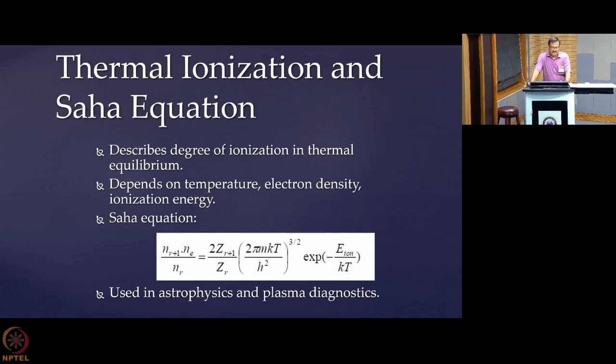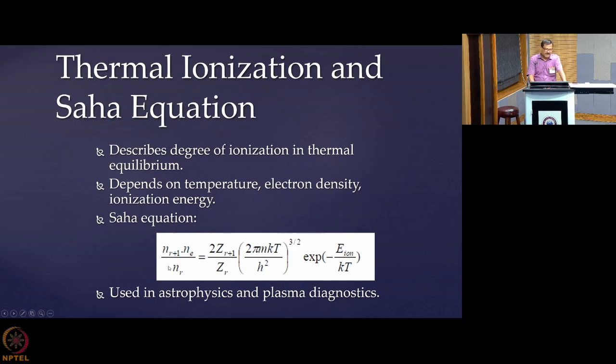And the Saha equation tells that very nicely: Ne Ni by N naught. Actually, this is a generic type of equation. So if you put r equal to 0, then that is neutral. Then this becomes N1, so that is the first ionized state. Then this is the electron. And on the right side, this Z represents the partition function, T is temperature, E ion is the ionization energy. So this is a generic equation.